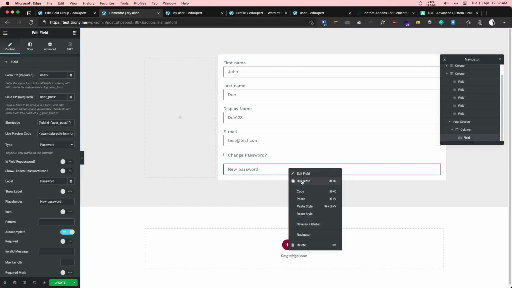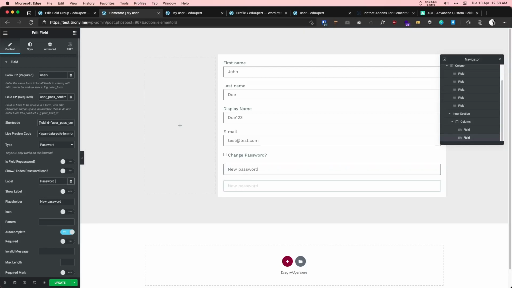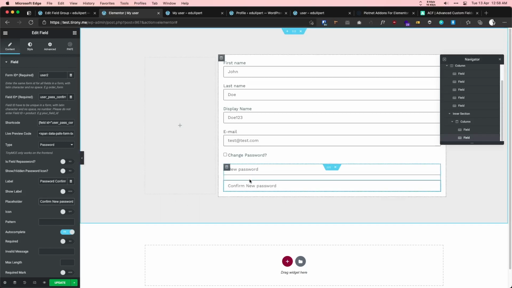Okay, so let's duplicate this, and let's call it pass confirm. So this will be our password confirm field. So let's call it confirm new password. So this is our two fields, and we need to check if these two passwords are same,